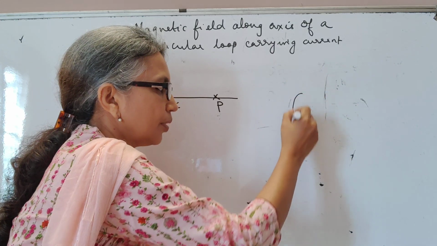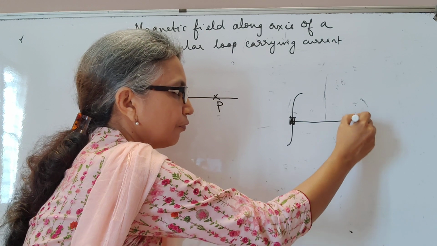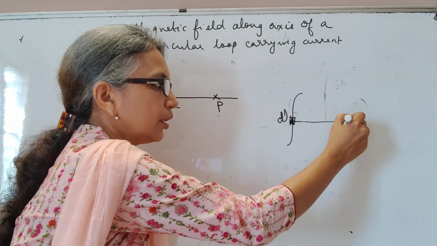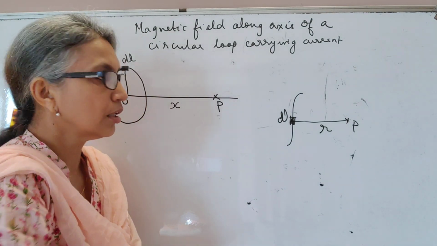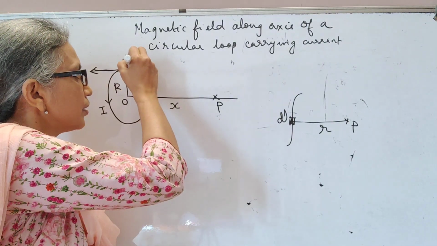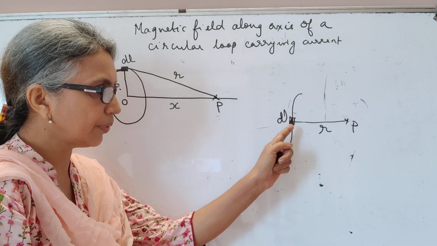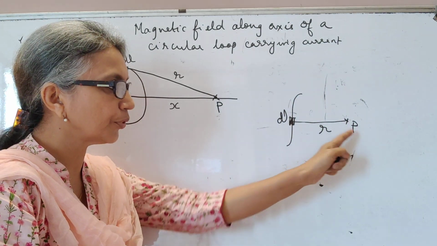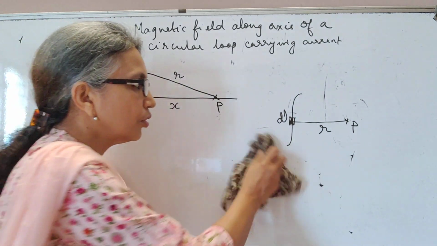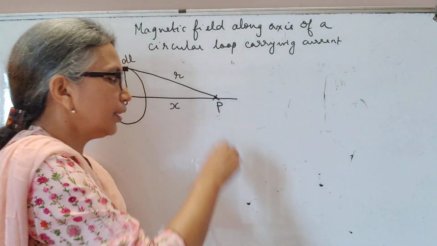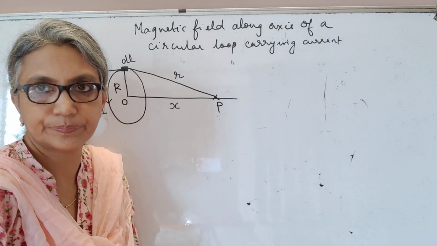In Biot-Savart law, remember I told you, if you have this as dL, then from dL to point P, where you're finding the magnetic field, that distance is what we called r. So in our diagram here, this distance from dL to point P is what we're going to call r, because in Biot-Savart law, the distance from dL to point P is r. Okay. Now you also know that this magnetic field dB here must be the cross product of dL and r.